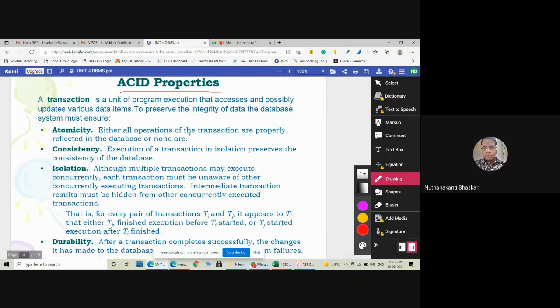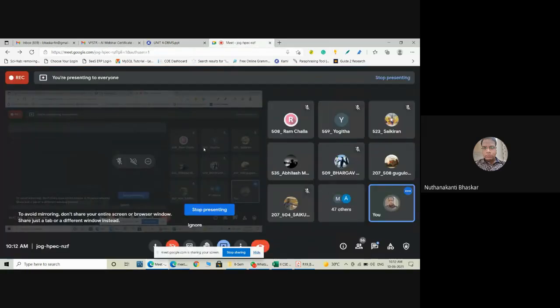So I think already you know, right? Atomicity, consistency, isolation, durability, all these four properties we already discussed in the differences between file management system and database management system. Yes or no? All these four properties are supported by the database management system. File management system does not support them. I told you very clearly. Ten differences. Out of 10, these four are very important.